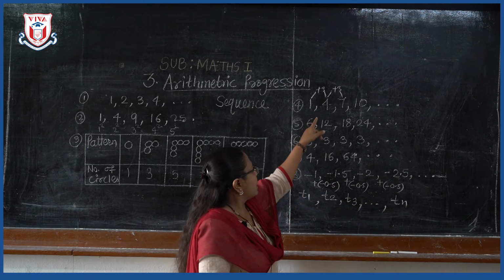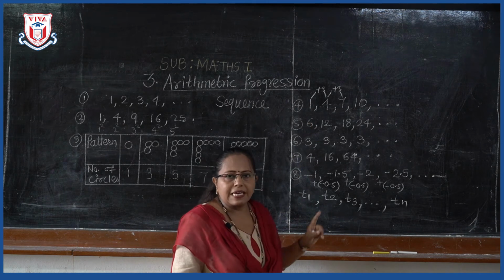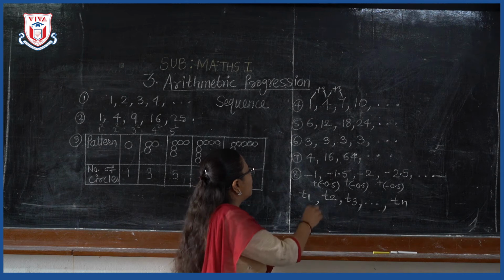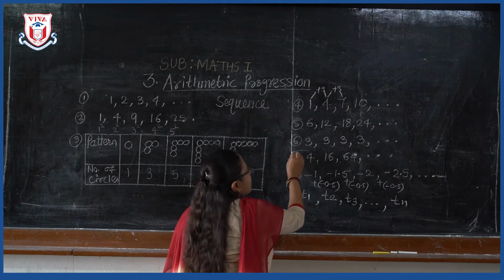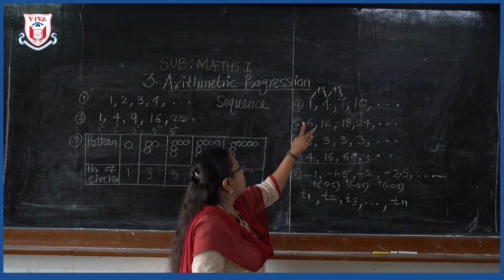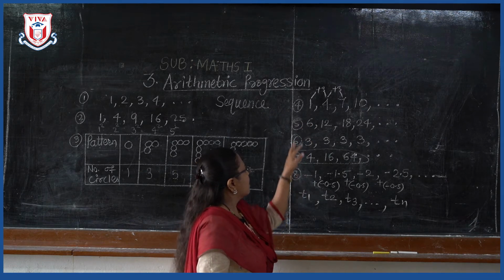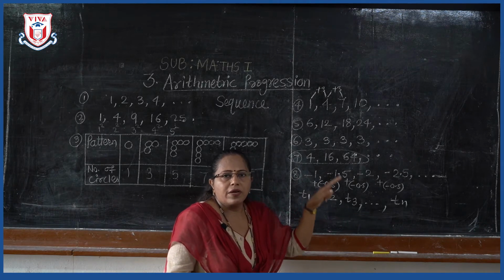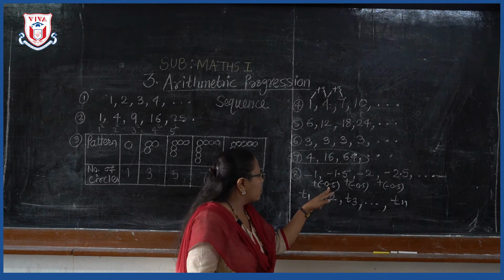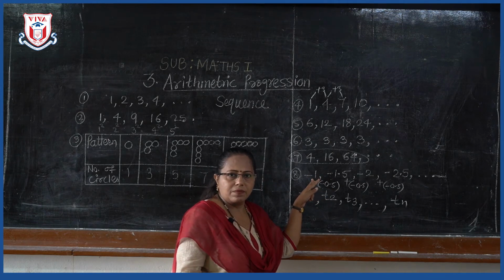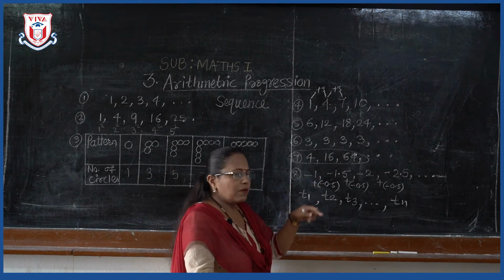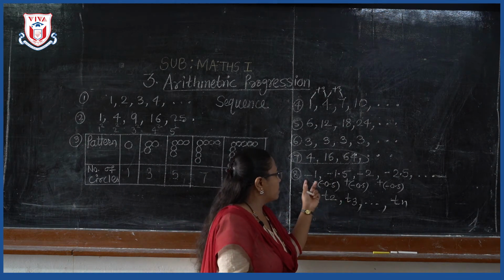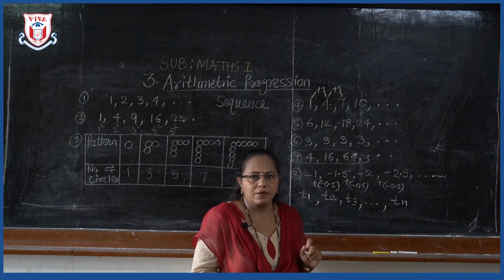Okay. So here these all examples are of sequences. But if you find a relation that only accepts this sequence, in examples 4, 5, 6 and 8, in all these examples, to get the next term, we have to add a particular number to the previous term. Okay. That means we can say in that way also, the difference between consecutive terms is constant.